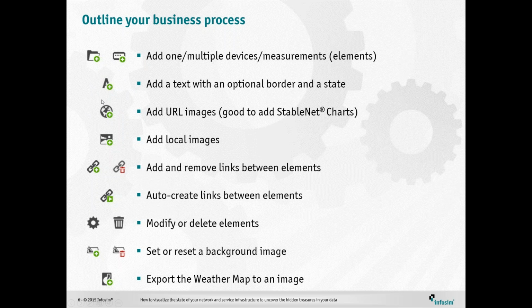Then you can include images from an external web page. You can also add some predefined images to the map. You can also link elements to do inheritance and inherit the status to another device or another element in the map. And you can also modify, delete, and put some background images to view your own CI or your own background image